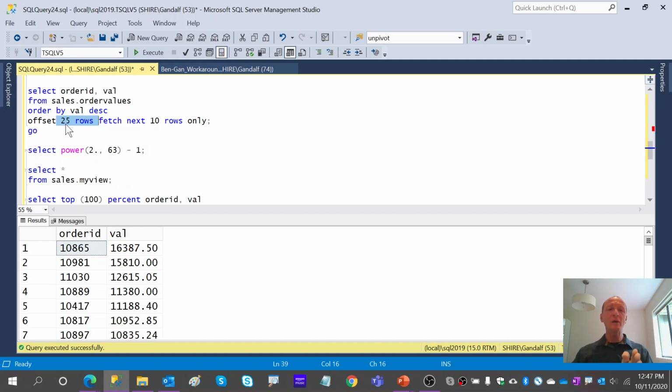So here, skipping 25 rows and then fetching rows 26 through 35. But you realize that if I say offset 0 rows and I do not indicate how many rows I want to filter, effectively I'm not skipping and not filtering anything. The thing is, when you just skip rows and don't indicate how many to fetch, you're just fetching everything that